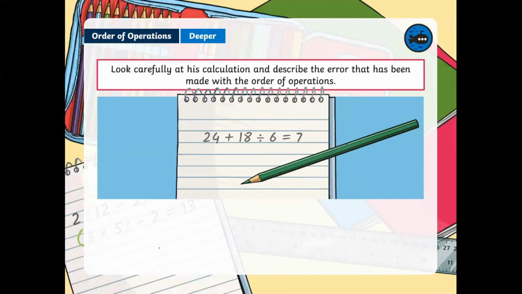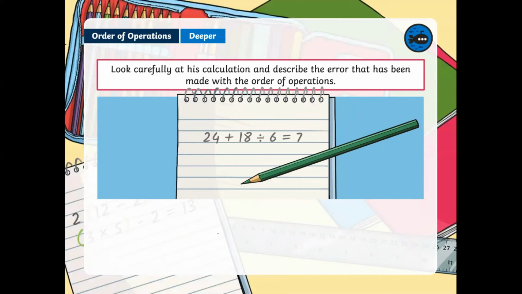They said 24 plus 18. Okay, so if we add those two, we get, oh no, not 32, sorry, 42. And then when we divide that by 6, we get 7. So that's how they got 7. They said 24 plus 18 divided by 6. But in the bottommost